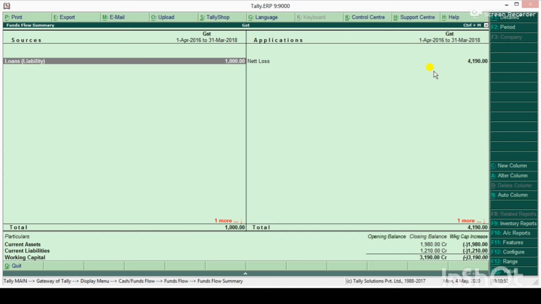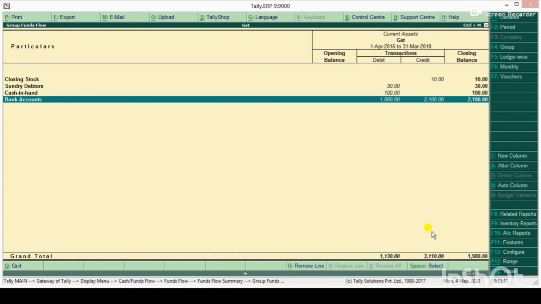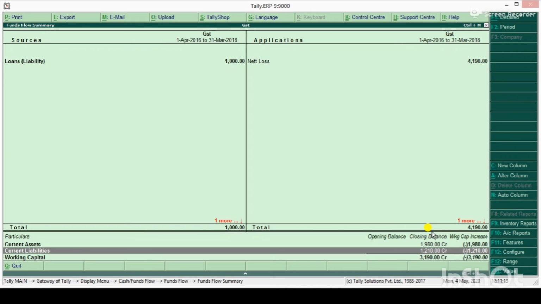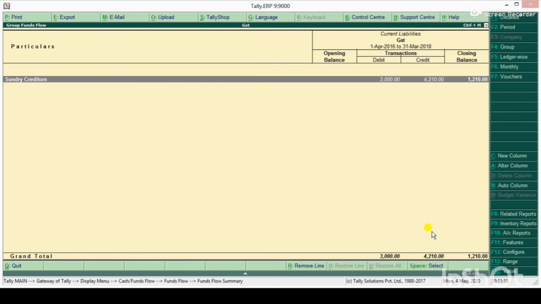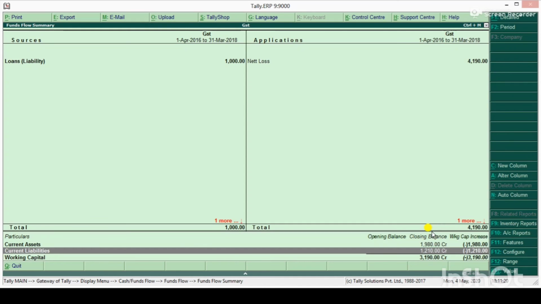Then how is the gap filled, because in cash we don't have extra money? Here we can see that it has been filled by this working capital cycle. We have taken a loan from bank because we have made excess payment, so it will be reflected here. Credit balance of bank 2100 credit balance. Same way in current liability, we have not made payment to certain creditors, these two, ABC, and so it will be a working capital gap, that is financed by creditors. So all these losses are reflected by this